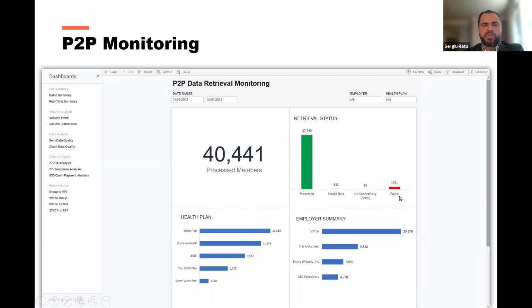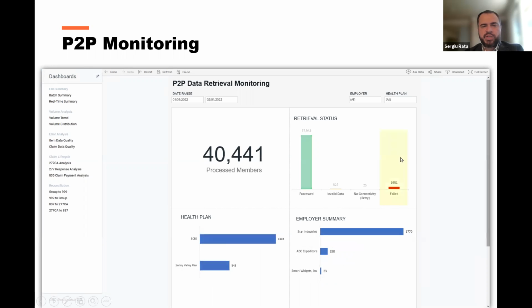So the next step, of course, is for me to drill down and analyze and see who are maybe the offending payers. If I were to drill down into those failed ones, I can say, okay, maybe these two payers are the ones that consistently have failures. Maybe these are the employers that are getting affected by this. So with this new insight, I can start taking action. And as I take this action repeatedly and record this information, there is a great avenue to further automate this process. Or maybe it's about communicating with the payer, or increasing the number